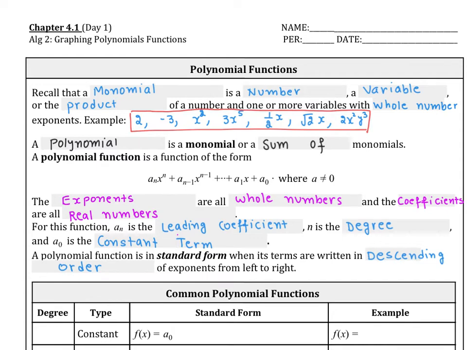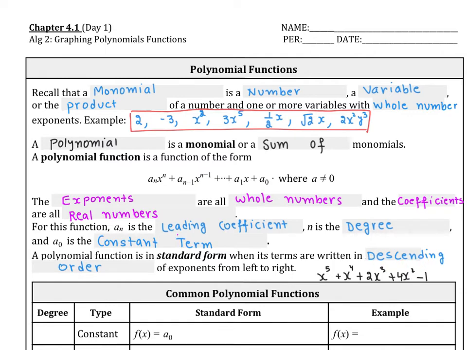For example, if you have a polynomial and you start with the highest degree, x to the 5, then x to the 4, then 2 times x to the 3rd, and so on, you are going to